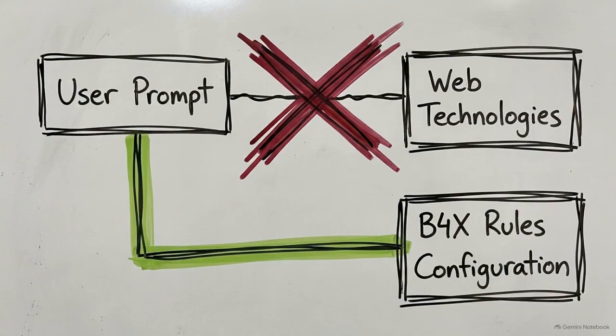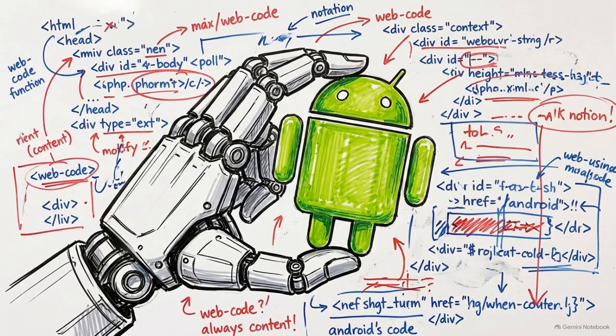The repository intercepts the LLM's standard processing path, overriding its statistical assumption that DaisyUI requires web technologies. By injecting these deterministic rules into the prompt pipeline, developers can force the AI to abandon web hallucinations and generate strictly native code. This file tree shows the override mechanism, sitting at the root of the repository in a directory